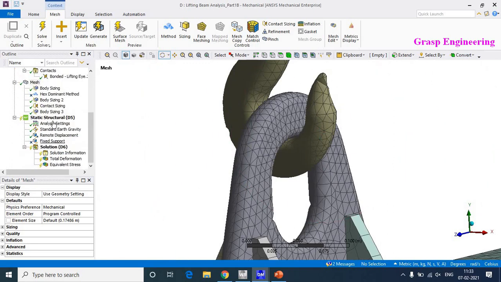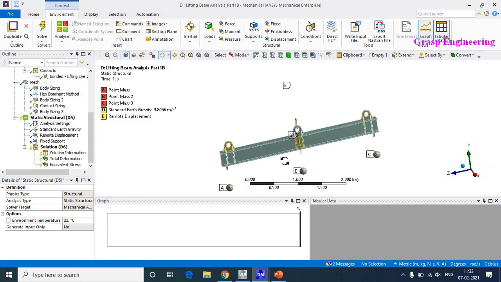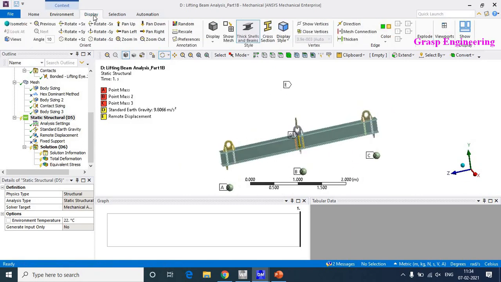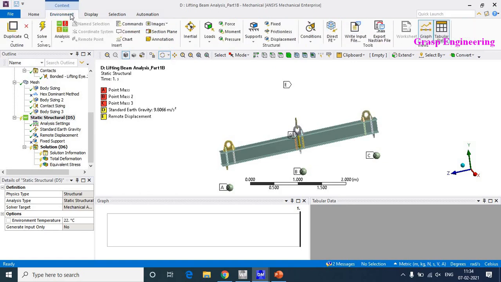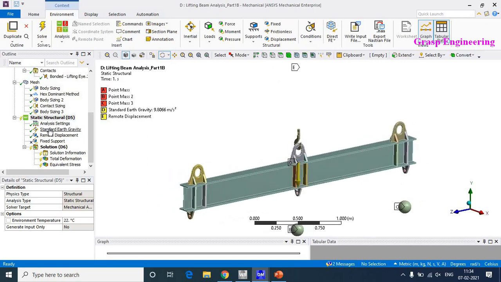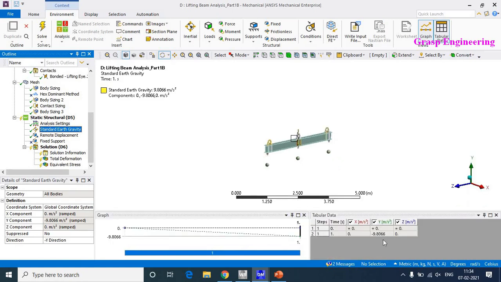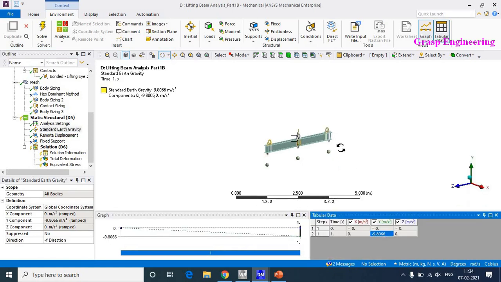Now the next part is the loads and boundary conditions. The first one is standard earth gravity, which we have applied in the negative y direction.